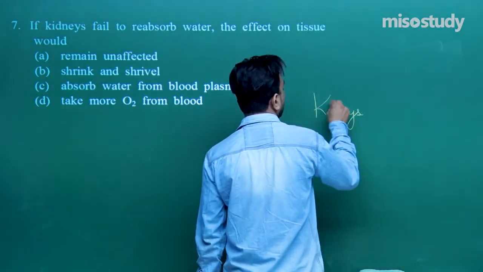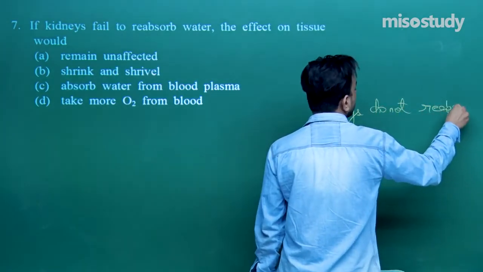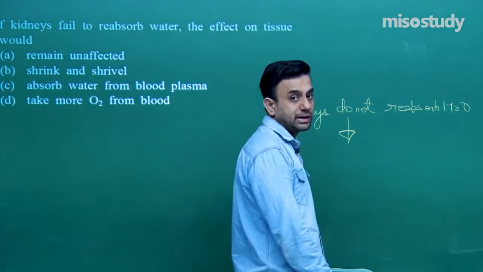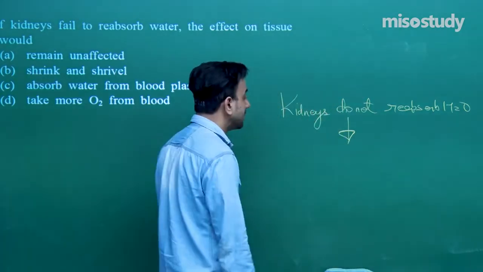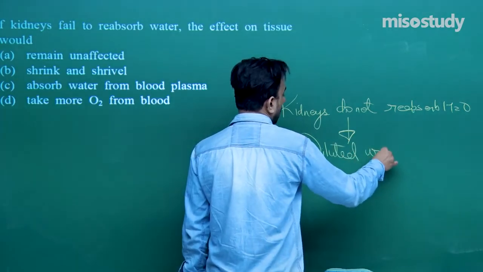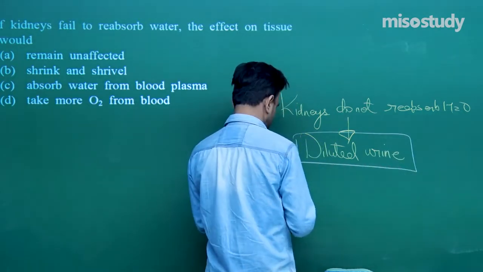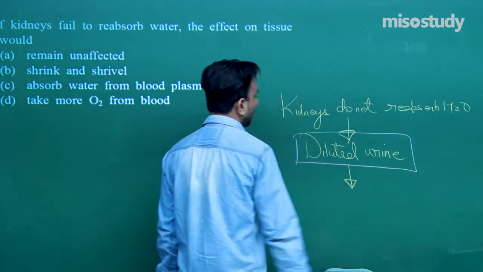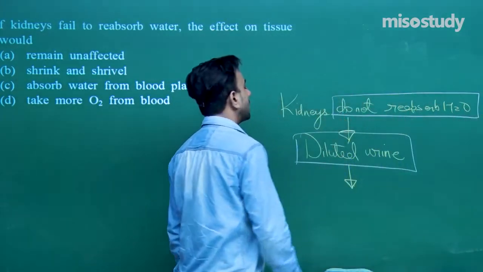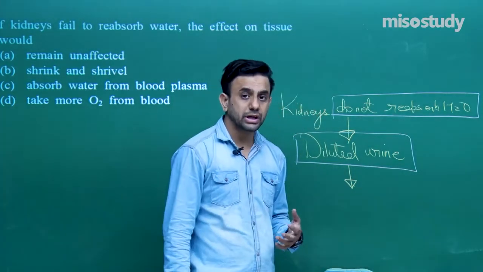Kidneys do not reabsorb water, right? So there will be diluted urine, right? In this case, what will we see? There will be the presence of diluted urine, right? So kidneys do not reabsorb water, and then there will be the presence of diluted urine, and hence, so where